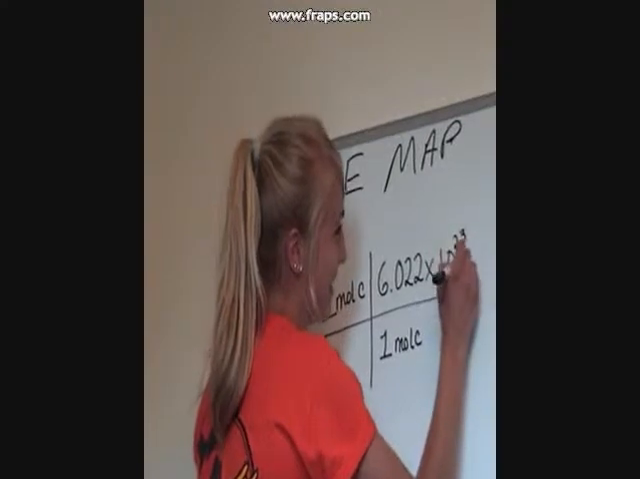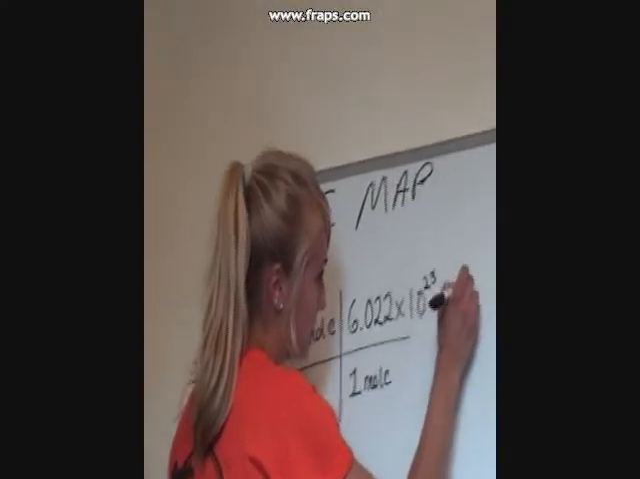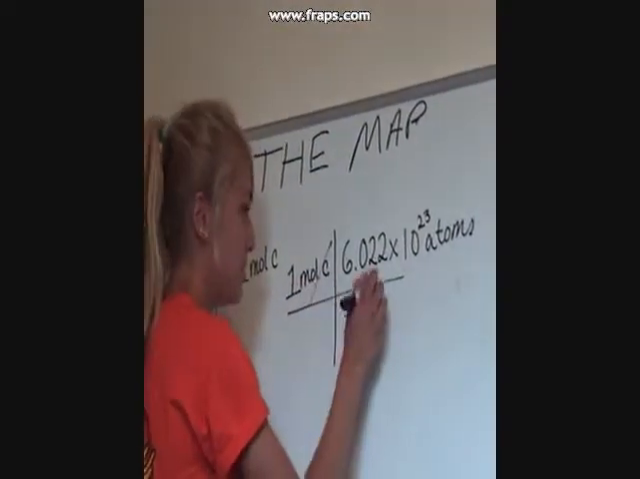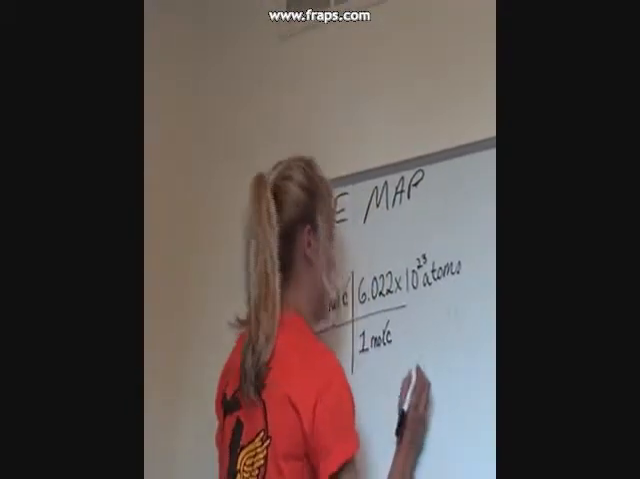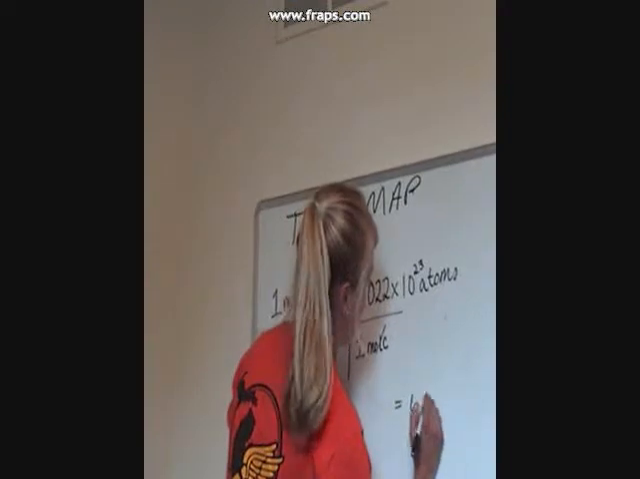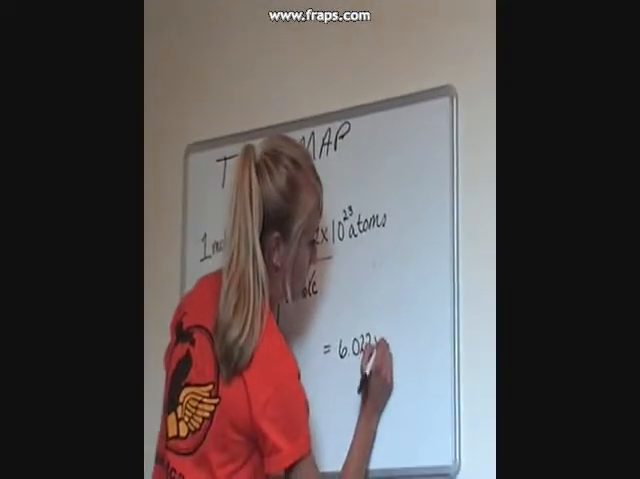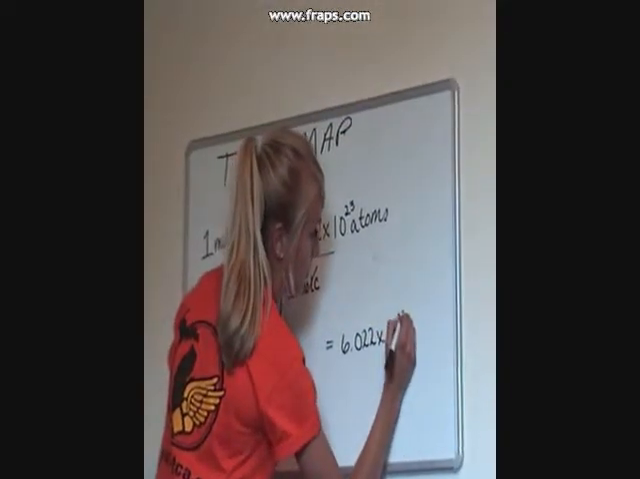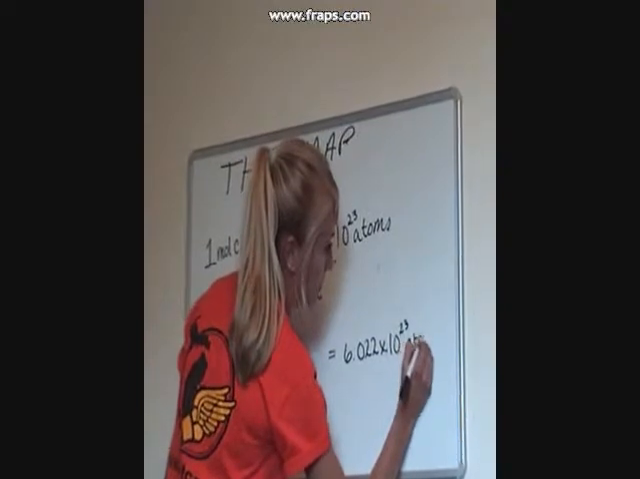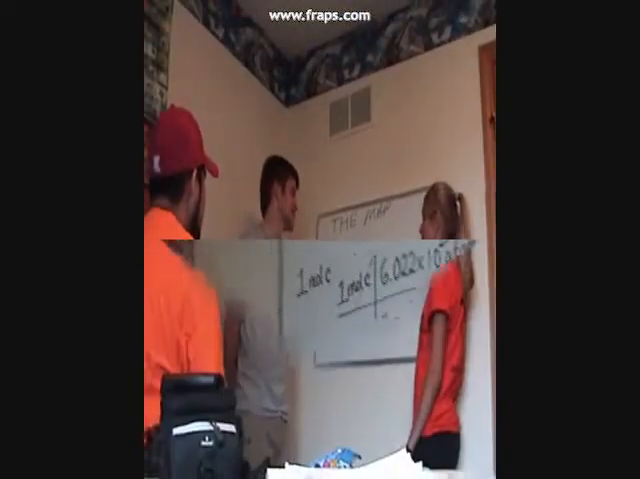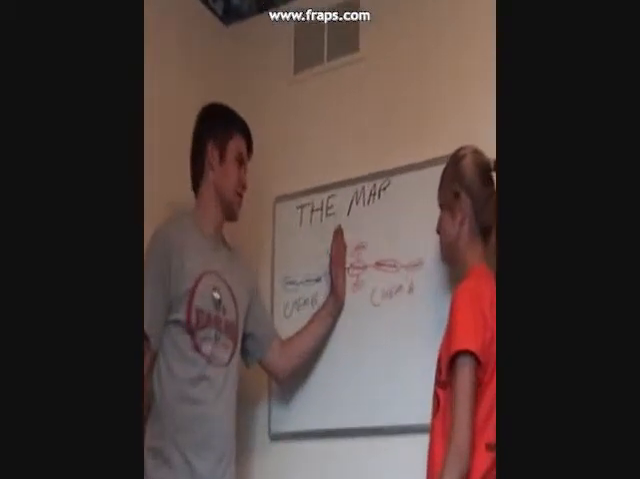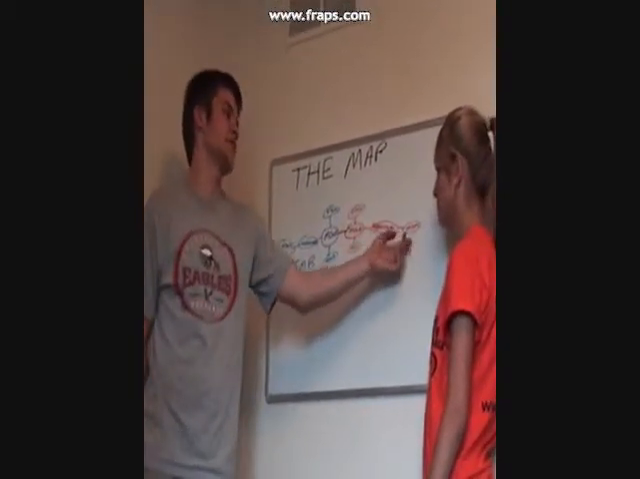Good man. And then that is going to be converted into atoms. And then these units cancel out. And once you do pretty complicated math right here, it's going to end up being 6.022 times 10 to the 23rd atoms of carbon. Don't forget your units, people. They're important. As you can see, this looks like you were studying earlier, plus a little bit, because